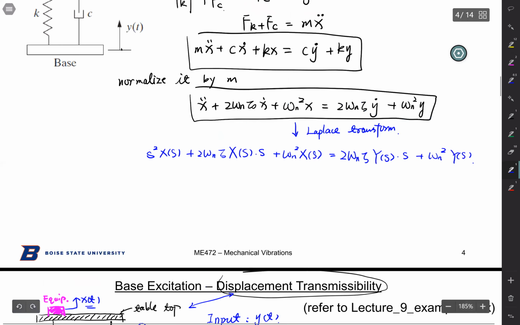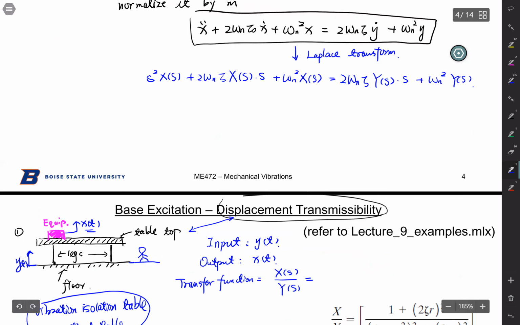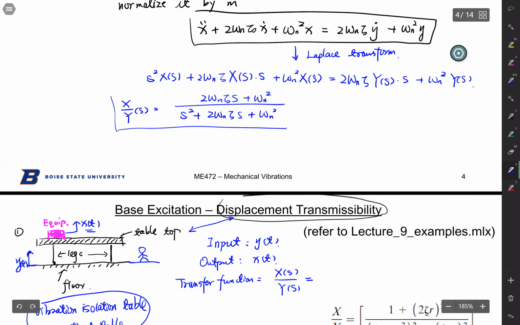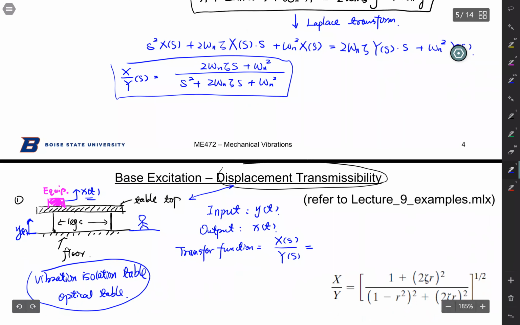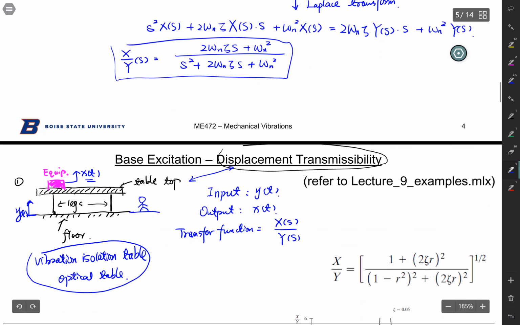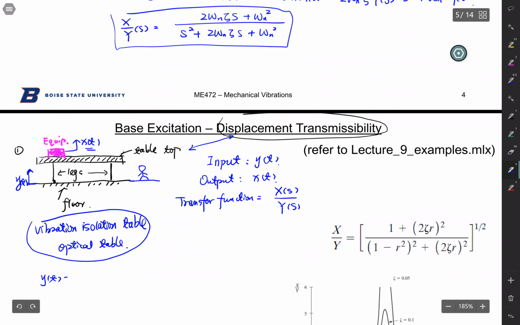We already know the transfer function of interest is X over Y. So that means your X over Y of s, move things around, you're going to have s squared plus 2 omega n zeta s plus omega n squared over 2 omega n zeta s plus omega n squared. So that's your transfer function when your output is x, when your input is y. All right? So let's forget about the phase. To simplify our discussion, we assume that your y(t) is y naught times cosine omega t. And then at steady state,